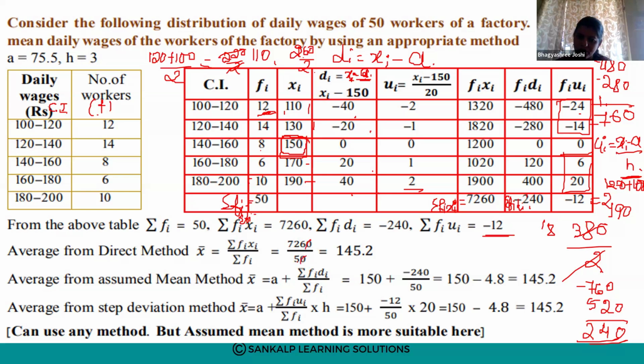So, 0, 0 cancel. 5 4s are 20. Next 2 will remain. 5 5s are 25. 1 remains, that is 10. So, 5 2s are 10. That is